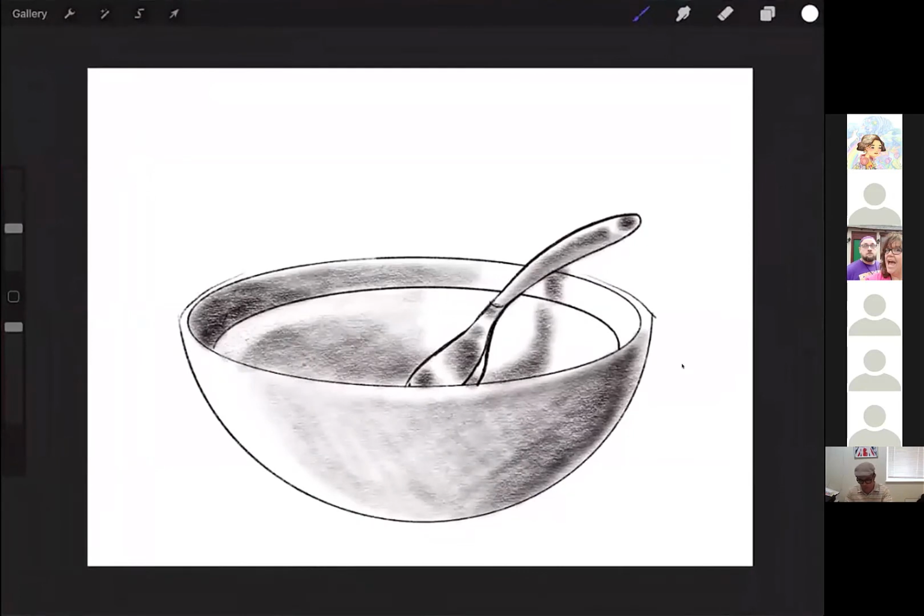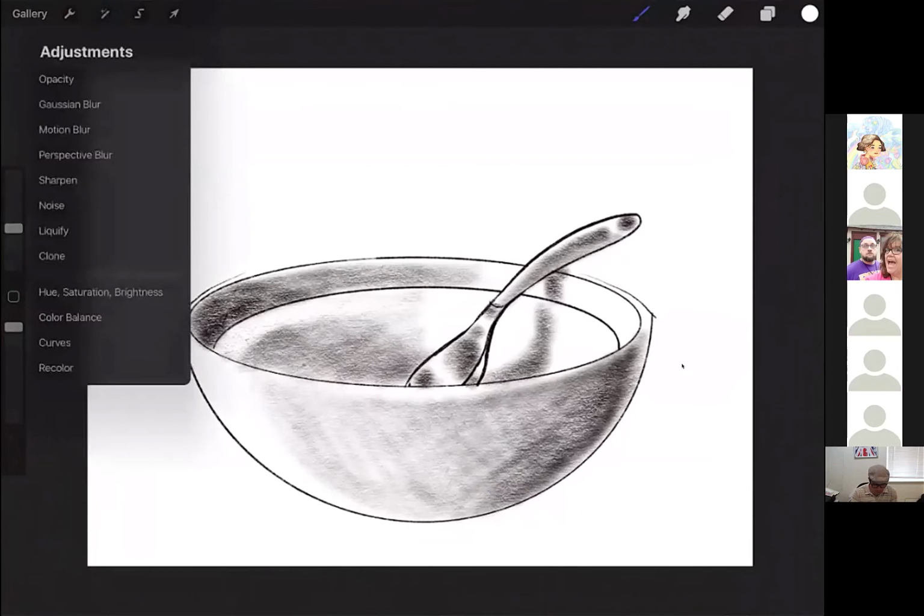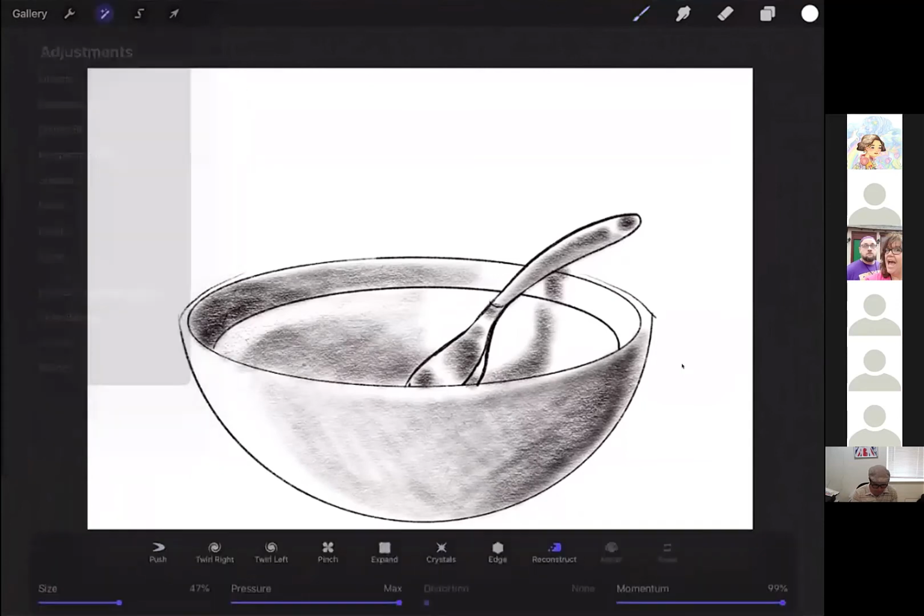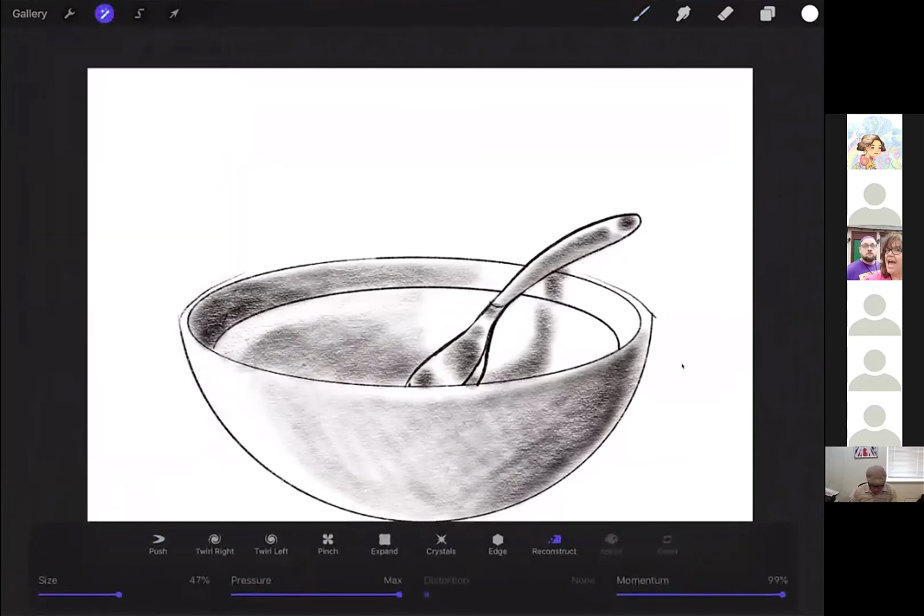So what I've done here is I've just created a spoon and a bowl. And if you see in the upper left-hand corner, there's all these different icons. One looks like a magic wand. So if you select that one, towards the tail end of the list, there's this item called Liquify. Now, it defaults to doing what's called push right here. And so if you go ahead and